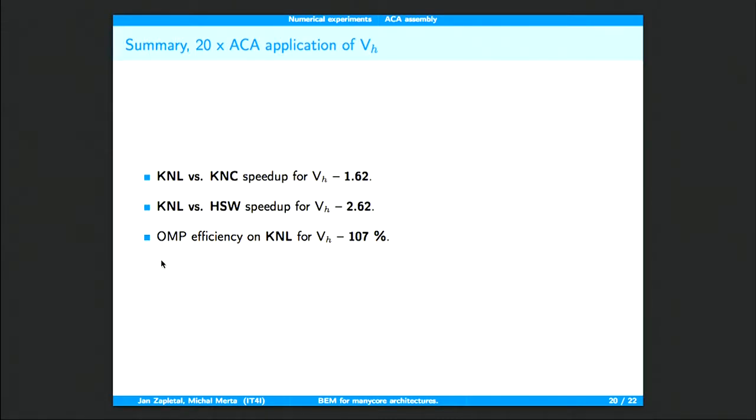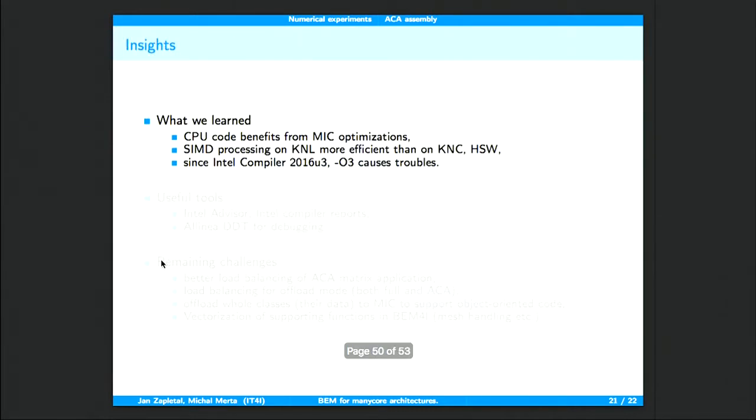I don't comment here on the vectorization because the local multiplication is performed by MKL, which is vectorized by itself. So what we learned during the MIC optimization, it has been mentioned here many times. In fact, when we optimized for MIC and then transferred the code back to CPU, we immediately gained performance, of course. We found out that SIMD processing on KNL is much more efficient than on the